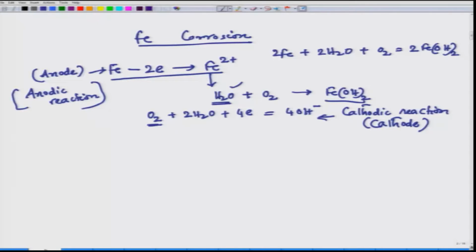We have also given the example of iron corrosion in the atmosphere, and if I go back and try to see that particular slide, you see that iron is going to iron plus 2 ion, electrons are released, and these electrons are taken by the cathodic reaction, which is oxygen plus 2 H2O plus 4 e equal to 4 OH minus, and here we have seen that this particular ion reacts with this H2O plus O2 and goes to Fe(OH)2. In fact,